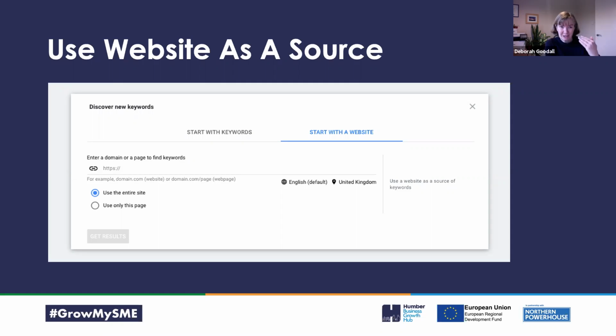So if it's actually generating keywords and you're thinking, well, actually they aren't the keywords that I want to be ranking for, it gives you the opportunity to go back and say, actually, I need to rewrite this because it's not hitting where I want to be. The other option with this is you can put a competitor website in there. It doesn't show you what keywords they're using, it shows you what it thinks the keywords are on that page.